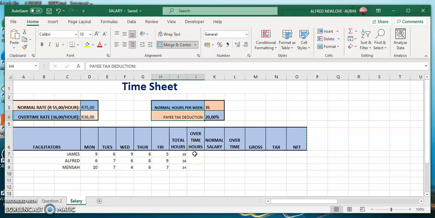It means any extra hour you do is overtime. What do I mean? You are supposed to work 35 hours per week. So if you work more than 35 hours, that is overtime. Alright, so if you check this one,